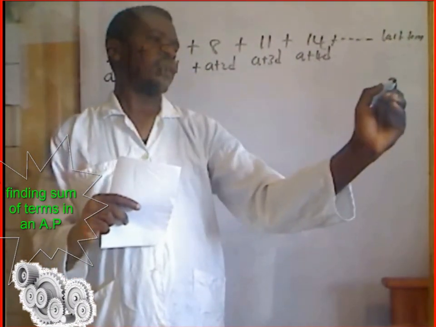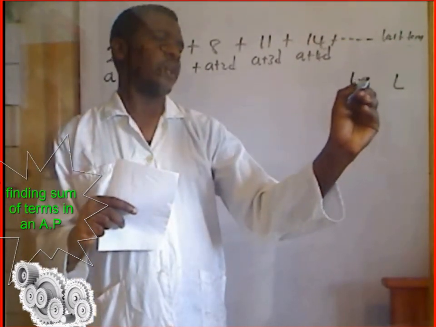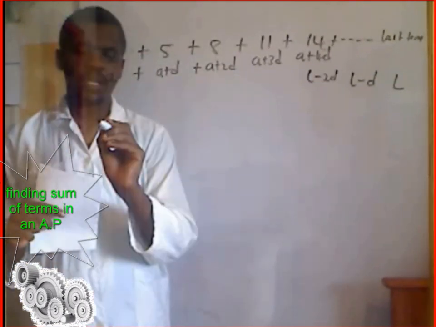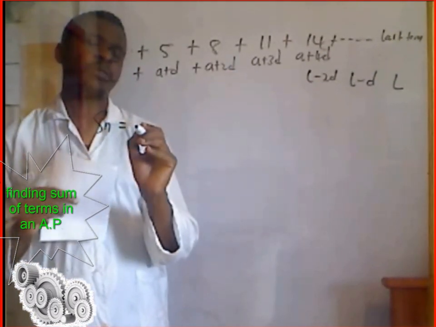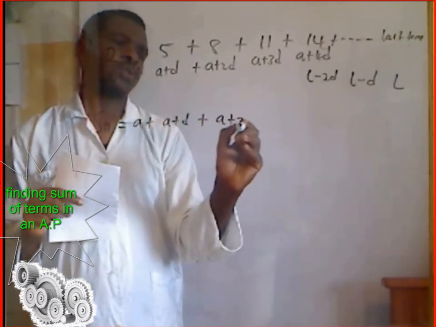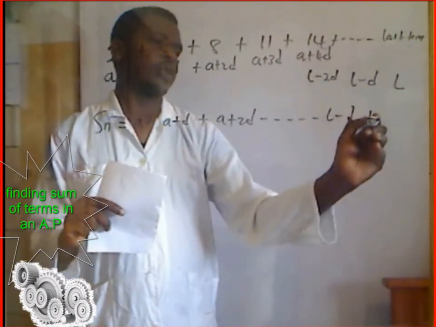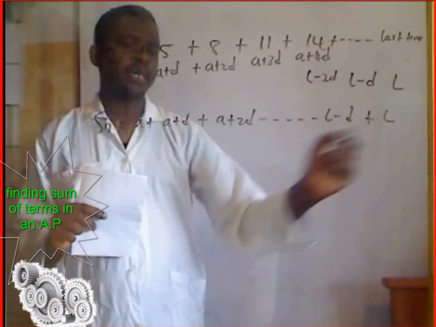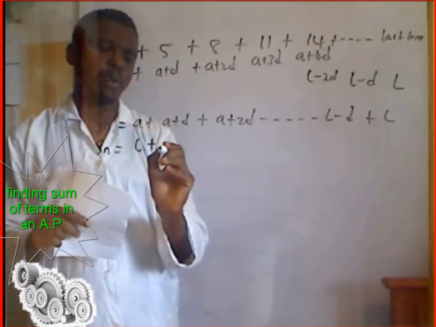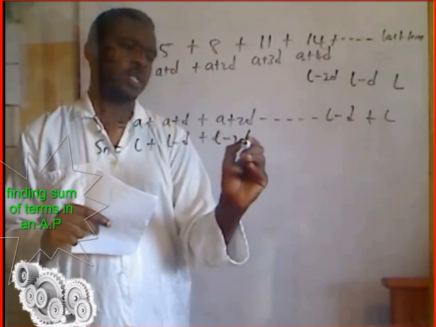If I consider the last term, my last term is L. To get the term before L, I'll say L minus D. To get the term before this, I'll say L minus 2D. The sum of the n terms will be A plus D plus A plus 2D, right up to the term before the last term plus the last term. I can rewrite the sum from the last term. Sn is equal to L plus L minus D plus L minus 2D